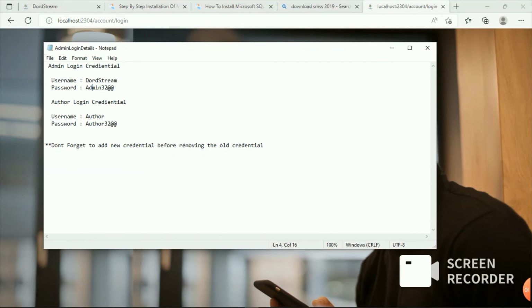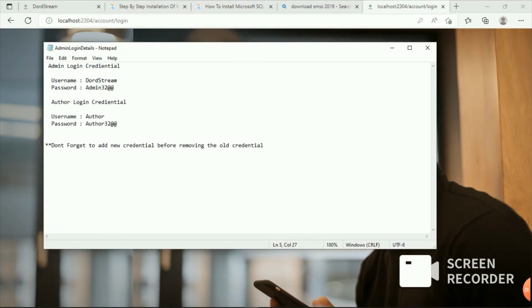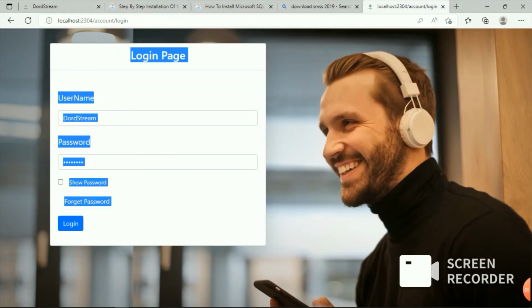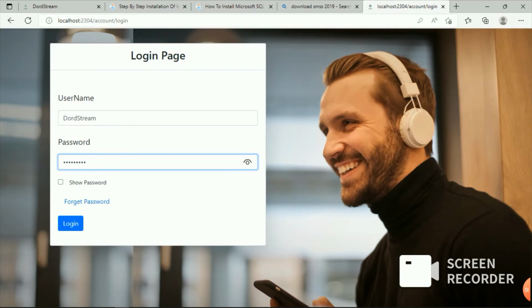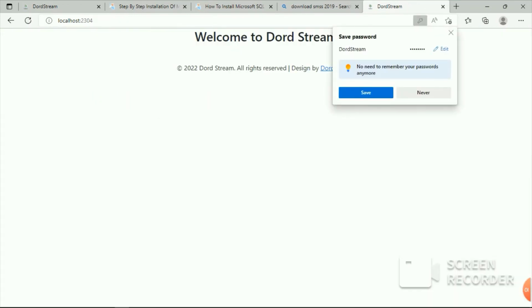password as well. Why does the password only contain one, it is not two. Let's copy and paste it here. So let's remove one. This is the password, admin 32, because if you use, okay, now let's use double. Now let's copy and paste. If we log in here, it shows user not found, so it is only one. Just remove the back one. So now as you can see here,